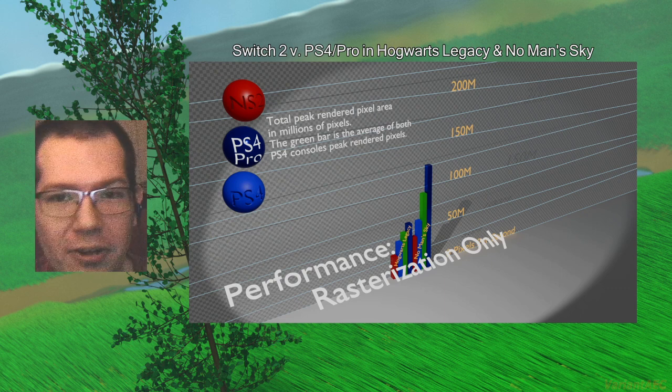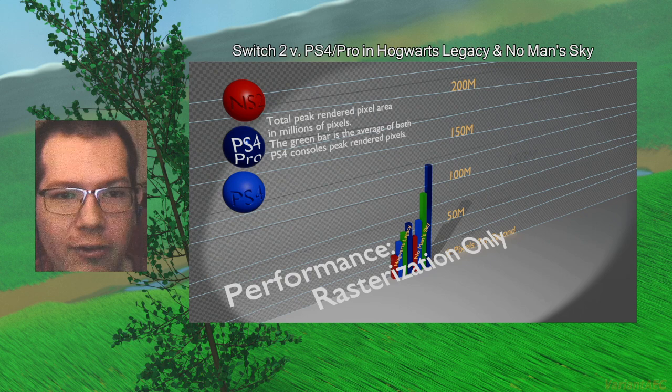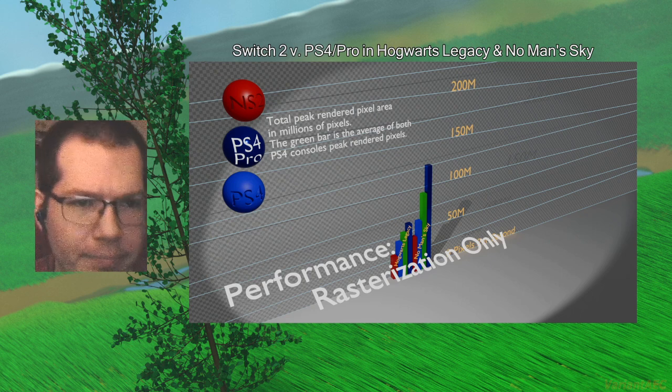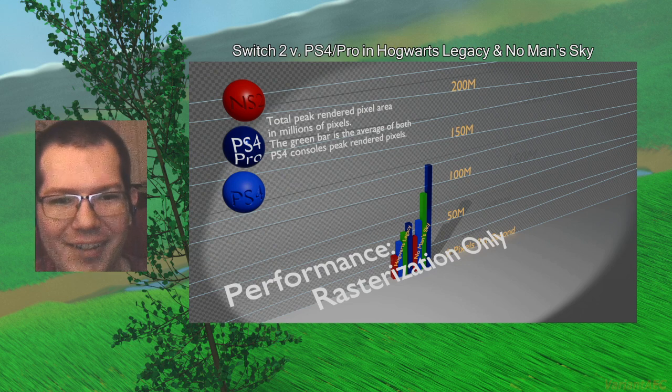I'll be assuming a 29 FPS average for PS4 because Digital Foundry showed this game's performance is less stable than on Switch 2. Compared to PS4, which is still delivering better visuals and flexing superior CPU with higher detail environments and what appears to be slightly more NPCs in the world, 900p 20 gives PS4